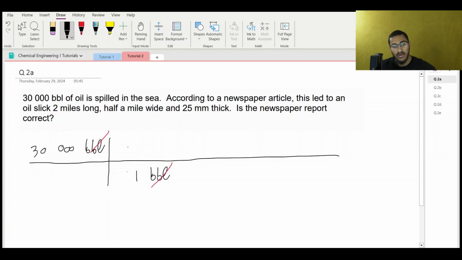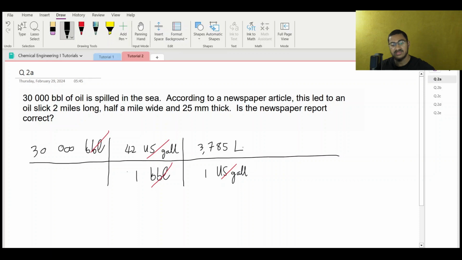And I know that one barrel is 42 US gallons. All right. But remember, I want this to be a unit that I can use. So US gallons, I'm not too comfortable with. So I'm going to write US gallons at the bottom, because again, gallons at the top cancels with gallons at the bottom. And I know that 1 US gallon is